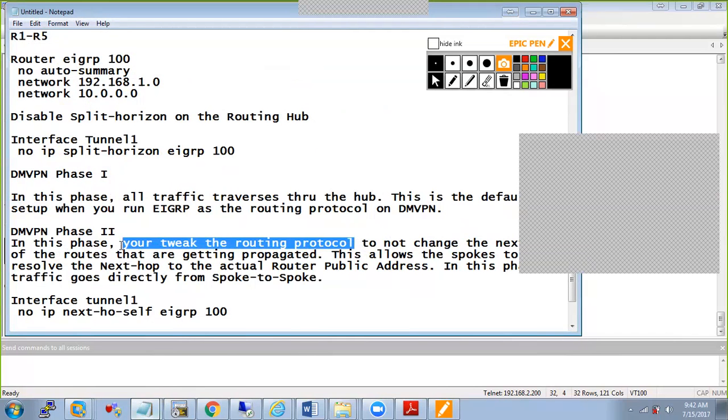With phase 2, I'm working with my routing protocol to make it run as spoke-to-spoke. My routing update changes, which in turn changes the CEF. Phase 3 does not rely on the routing protocol to do that. Phase 3 uses NHRP to override the CEF table of the spokes